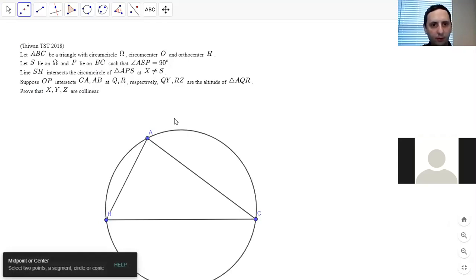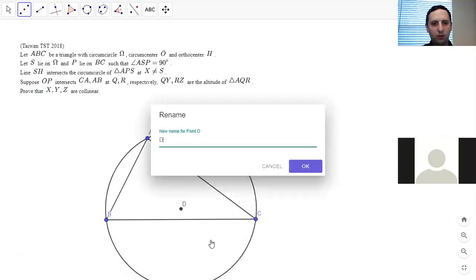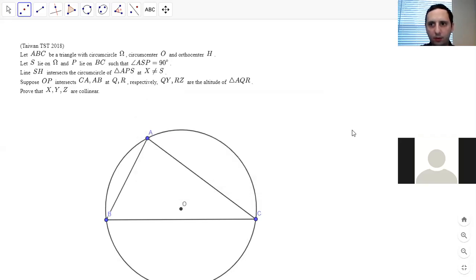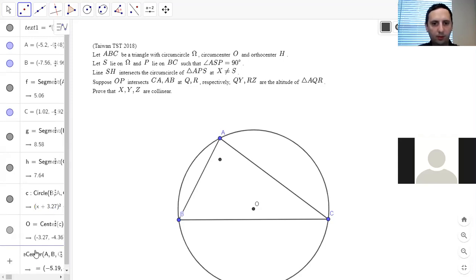Let's draw the center. Let's call it O. And now let's draw the orthocenter. Should be the 4th